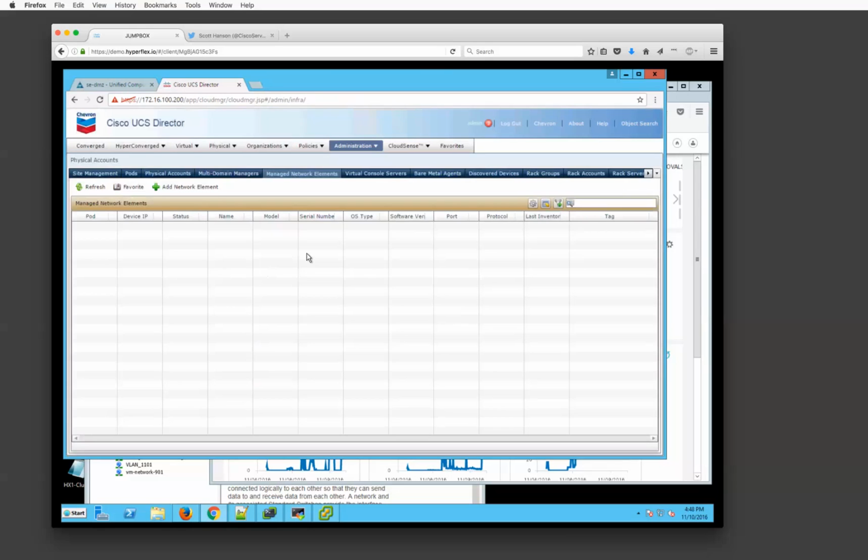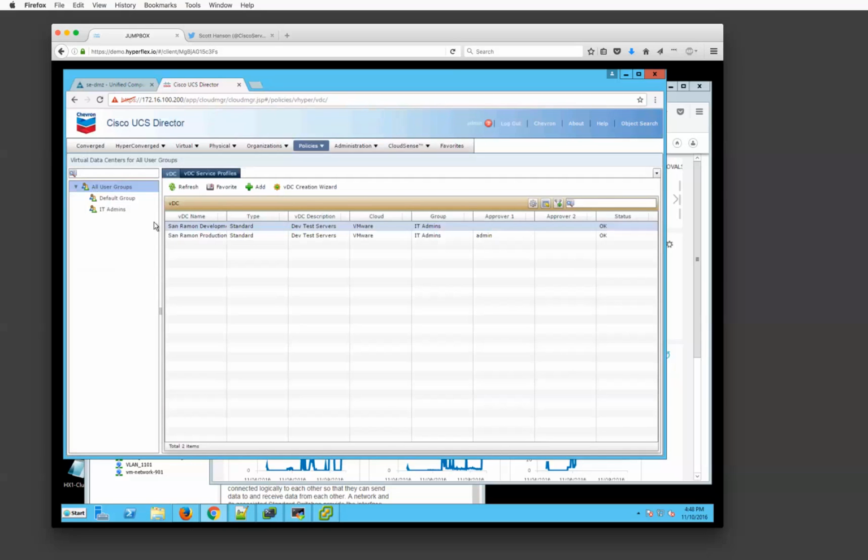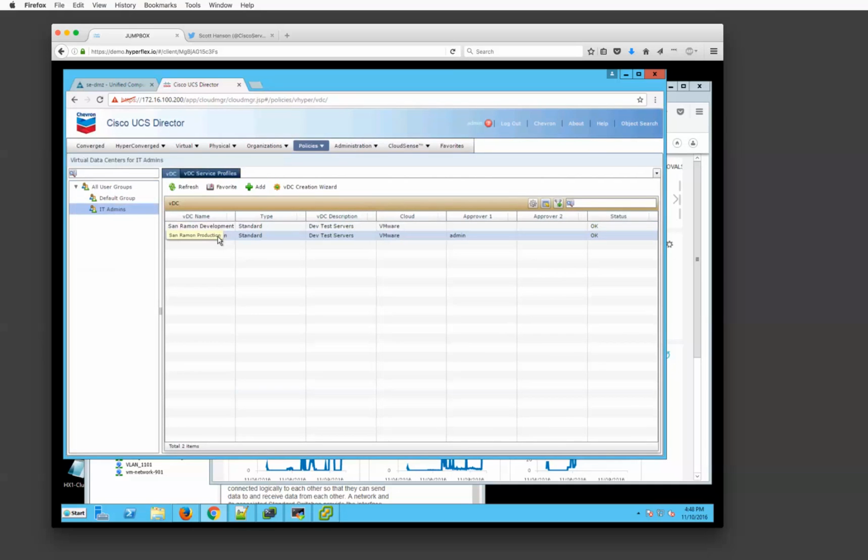that's where I define all the physical things. Once the physical things are defined, I can start to create policies. First of all, let's look into the virtual data center. In our example, I had the development data center and the production data center. Those are right here. In the group IT admins, I have a development VDC and a production VDC. I'm going to look at the development VDC,